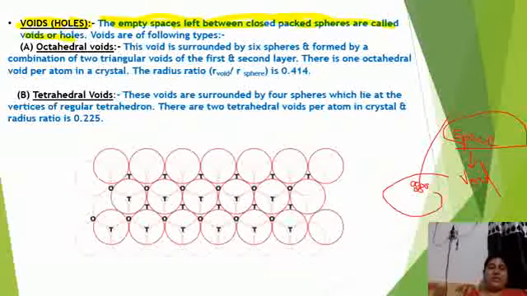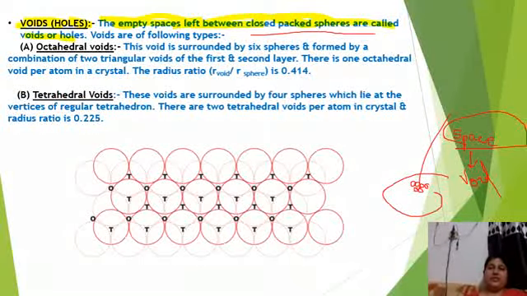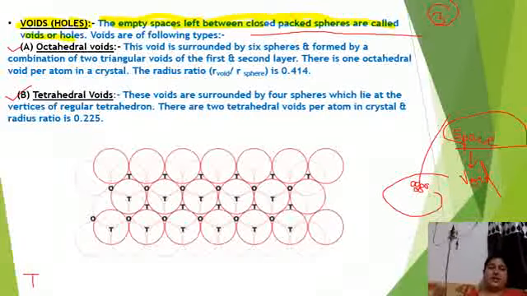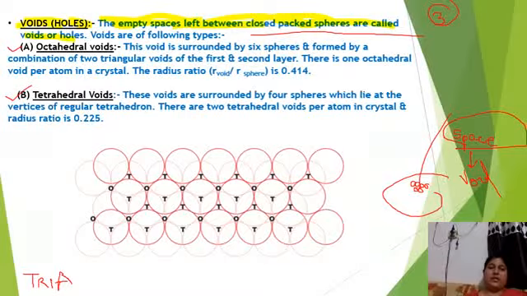Actually जो voids होते हैं बेटा, these are of three types. These are categorized into three categories: octahedral void, tetrahedral void, and the last one is triangular void, which is not in the part of your syllabus. I just tell you a name that there are three types of voids: octahedral, tetrahedral and triangular. ठीक है? Triangular is not in your syllabus.